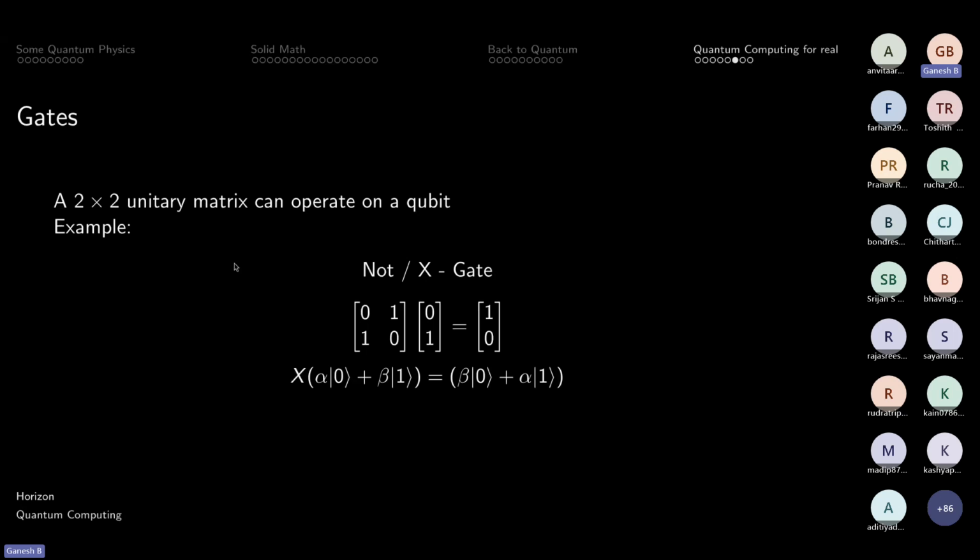So a gate can operate either on a single qubit or on multiple qubits, just like your NOT gate acts on a single bit, and your OR gate needs 2 bits to work. So they are unary and binary operators. If you consider a unary gate in the quantum realm, you can model it as a 2 x 2 matrix. The only condition is that the 2 x 2 matrix has to be unitary.